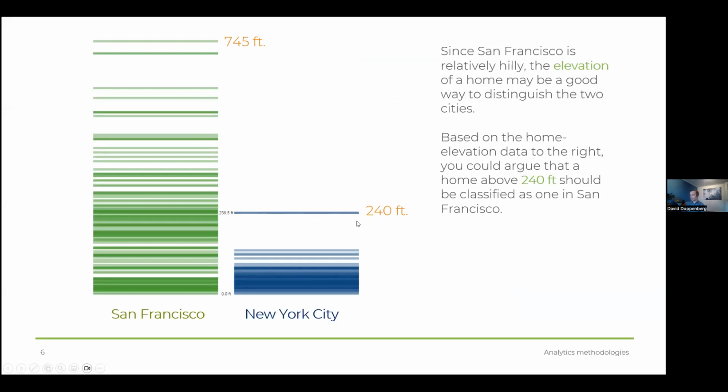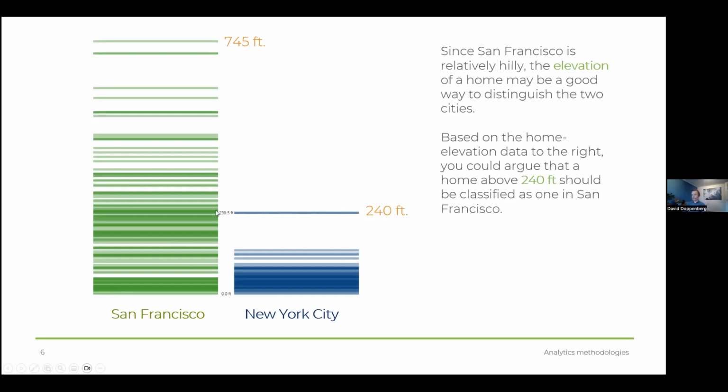I don't know how actually this thing is measured, but you can see it's a pretty good indicator, the first indicator we can use to classify something as San Francisco or New York City. So what we could say is that if we just would do a very simple decision tree where we just make one decision, we could say, okay, my decision is